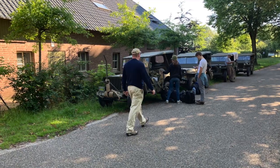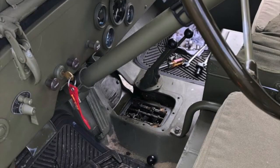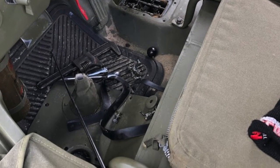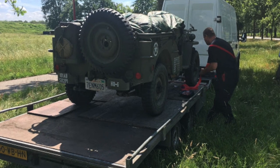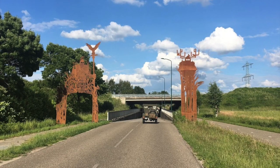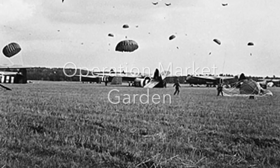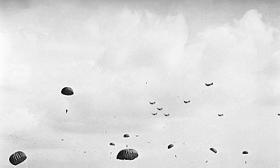Our last day in Holland started off with mechanical issues with one of the Jeeps, the third transmission out of the 6 Jeeps to give us trouble in our 3-week trip. With no parts to repair the transmission and 1 day left to reach our final destination, we called upon the international military vehicle community for help and were able to arrange a fellow collector to come with a trailer and